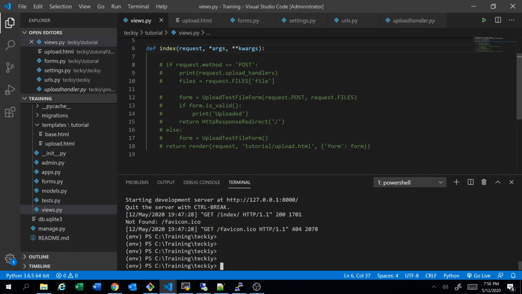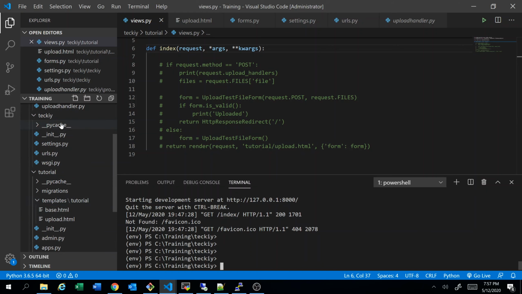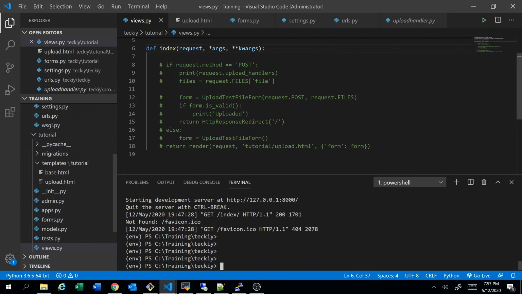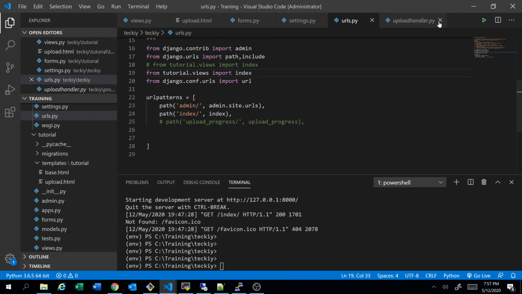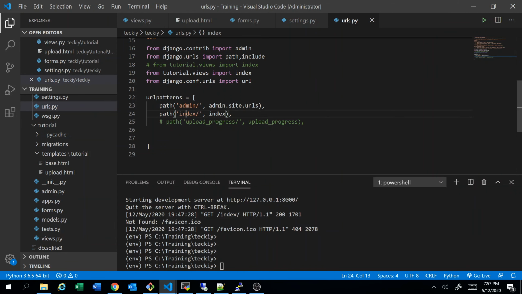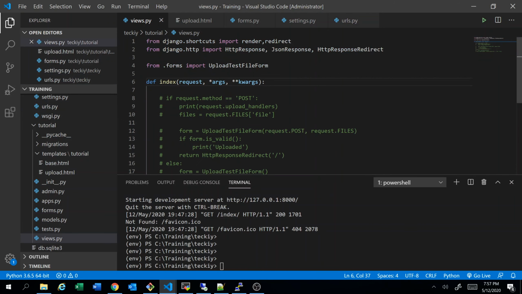So this is the same project which we created in part one, so I'm going to use the same project. The project name is Techie and my app name is tutorial, and I have a URL called index, which is pointing to my app. And then I created a simple view, say index. Now I want to handle